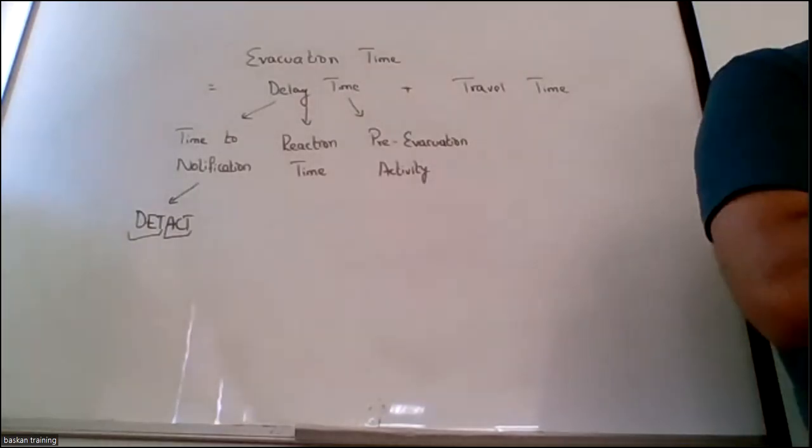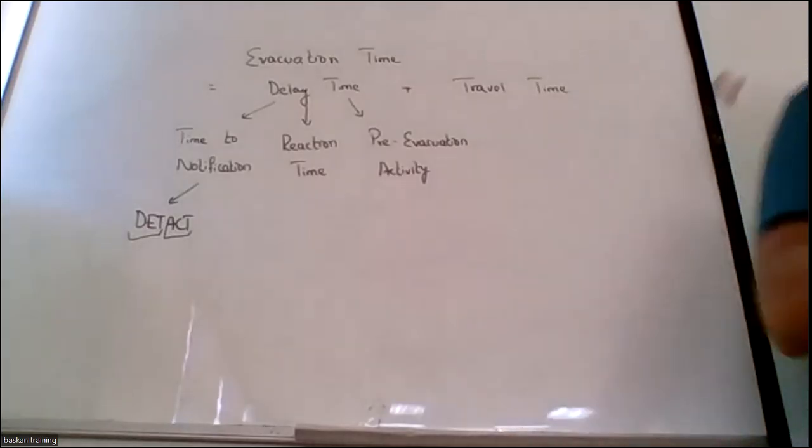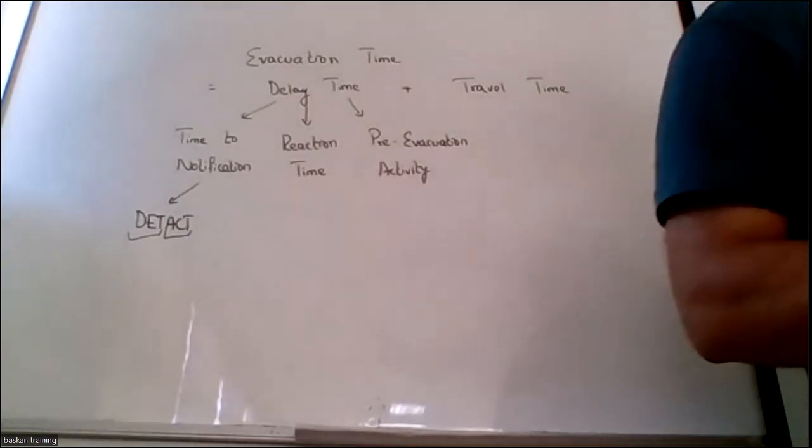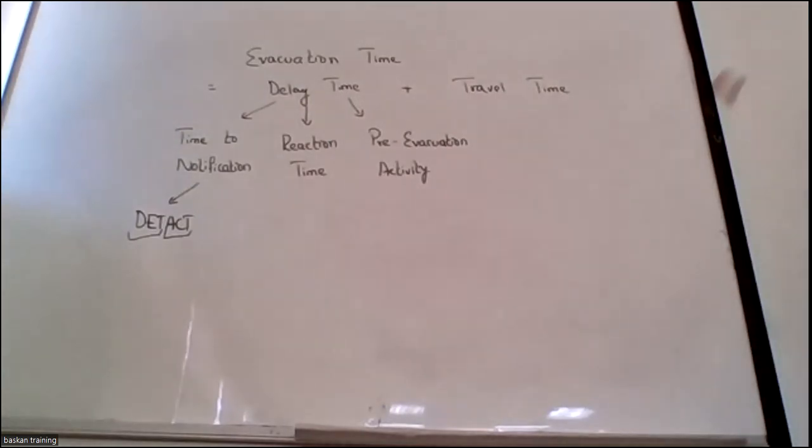The model that you are going to use for the calculation of delay time is totally focused on detection and activation of the sprinklers. As I was saying, in the first lecture we discussed that the most important parameter is the material's characteristic. I should know the capability of the material. Unless I know that, I cannot design the detectors. My optimum performance from the detector will come from the material itself. For wood, a class A combustible, I cannot have a heat detector here, because smoke is the very initial sign.